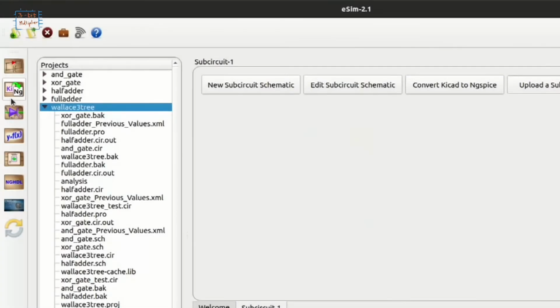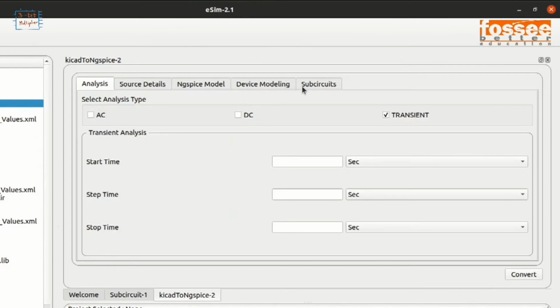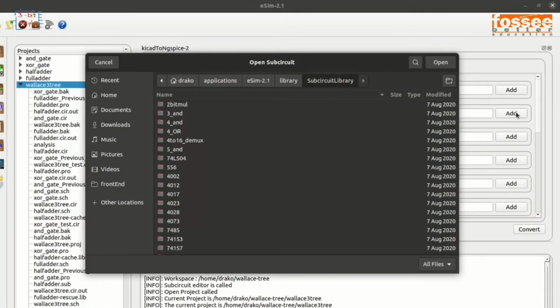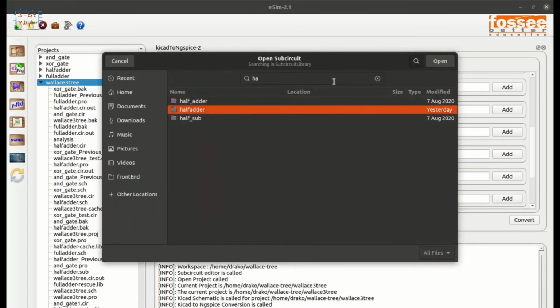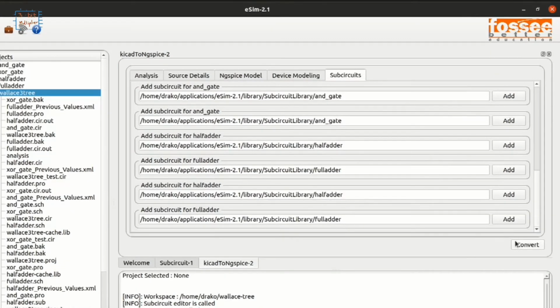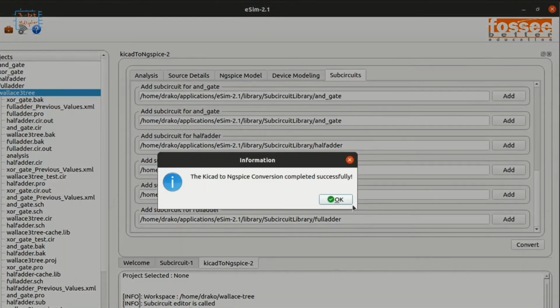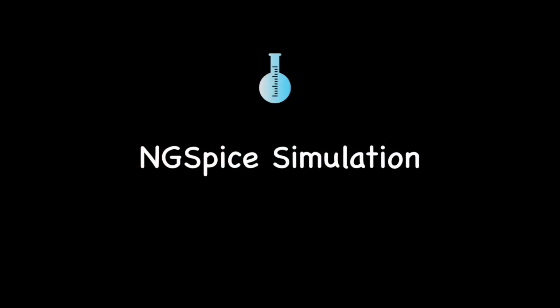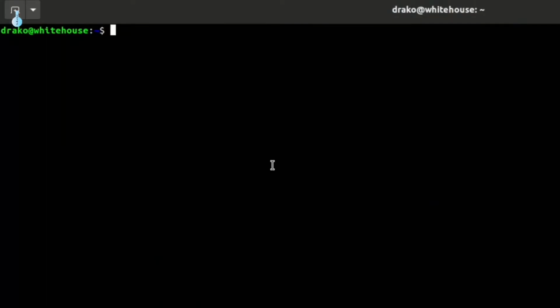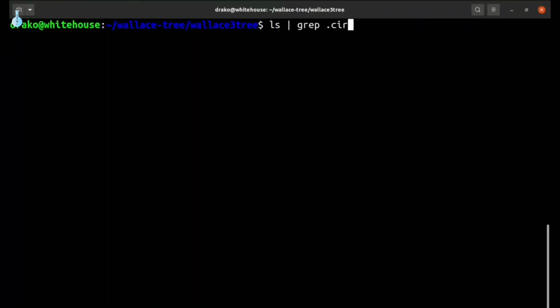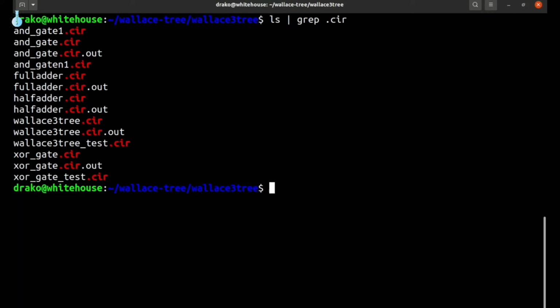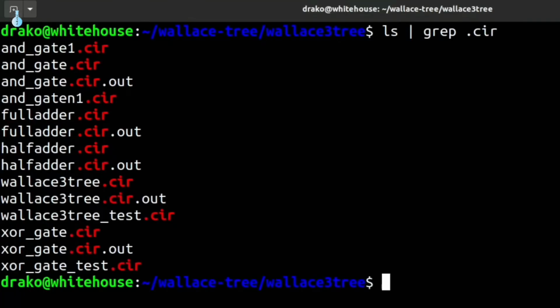Now convert the KiCad to NGspice netlist. In the subcircuit section, add the path of the subcircuits for AND, XOR, half adder and full adders. Then click Convert, which shall display the successful conversion. We can now test the multiplier circuit with NGspice simulation. Open the terminal, change the directory to Wallace33. To keep things neat and clean, let us make a copy of wallace33.cir.out and rename it as